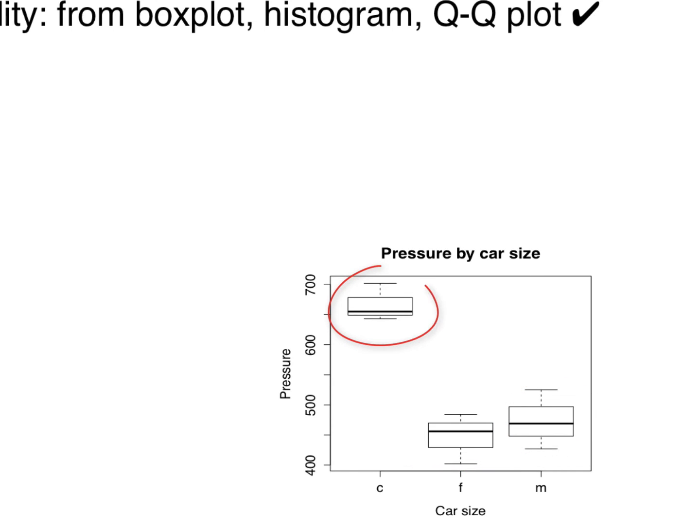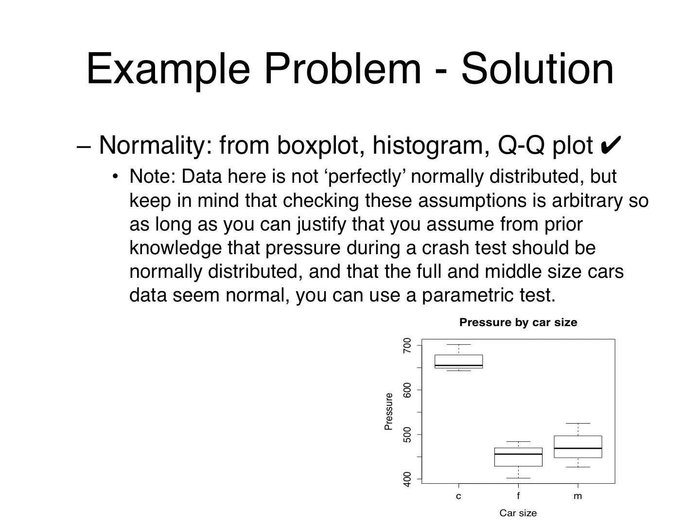The data for compact cars is somewhat skewed, so it's not perfectly normally distributed. But something to keep in mind is that checking this assumption is arbitrary if you can justify that you assume the pressure during a crash to be normally distributed based on prior knowledge. And also, 2 of the 3 groups are normally distributed,